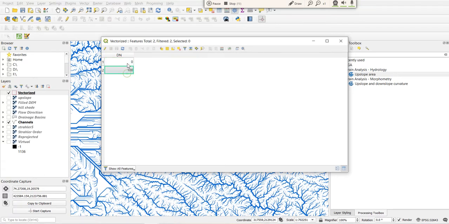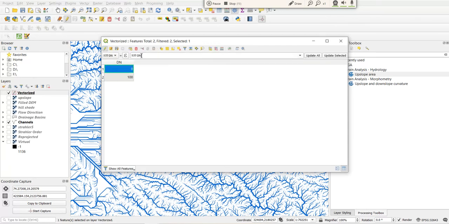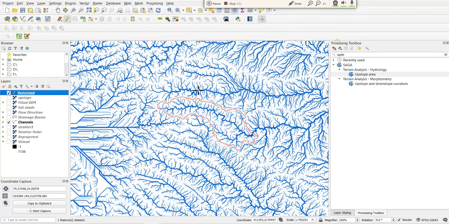So 0 means all other things outside this catchment polygon, I don't want this, so let's select it, go to edit, and delete this. Okay, and only 100 is there, so now save, so that only what is within this catchment polygon is saved.